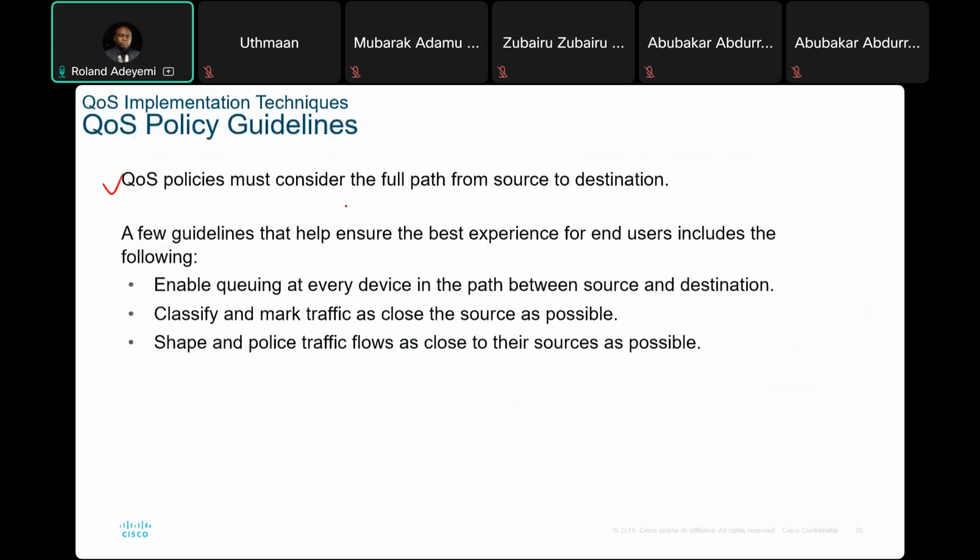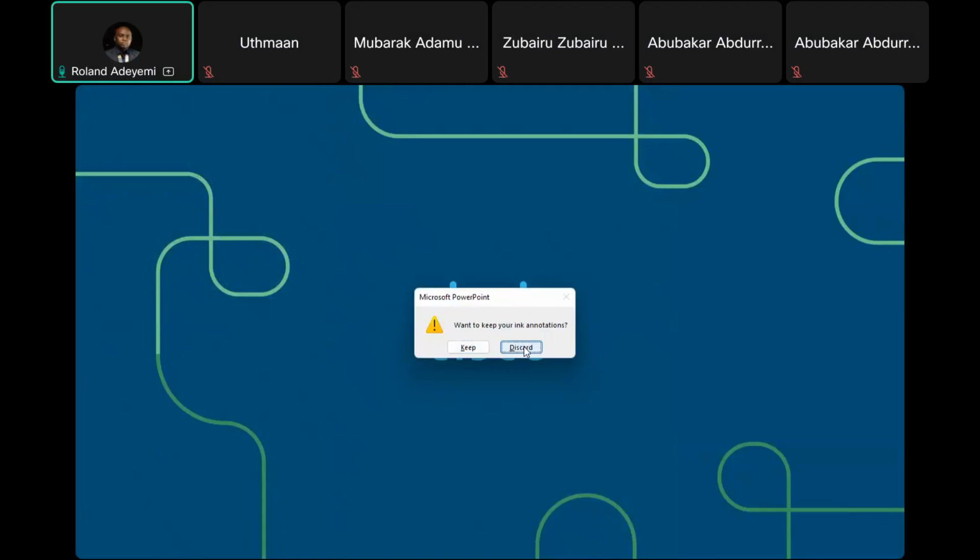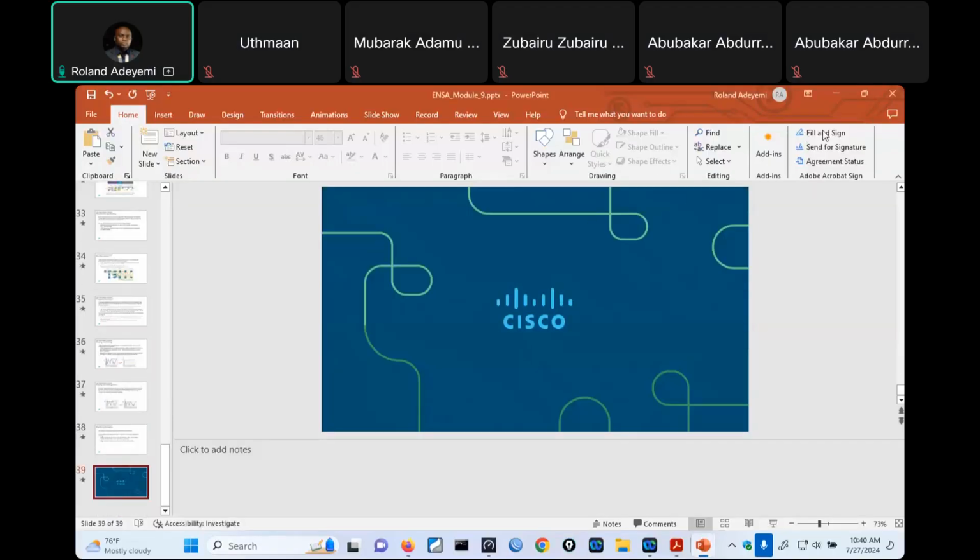QoS policy must consider the full path from source to destination. A few guidelines that help ensure the best experience for end users include the following. Enable queuing at every device in the path between source and destination. Classify and mark traffic as close to the source as possible. Shape and police traffic flow as close to their source as possible. So it's all about queuing, classification and marking, shaping and policing, and of course, congestion avoidance. That is just the end of QoS. So if you want to learn more about QoS, if you are curious to